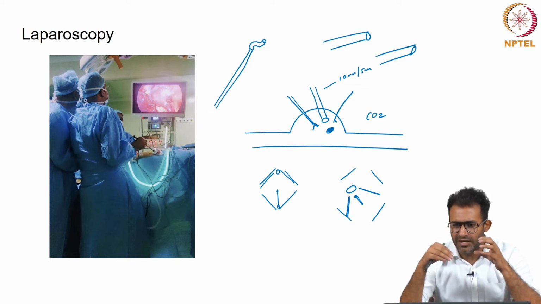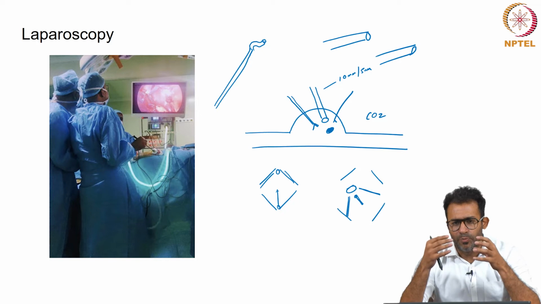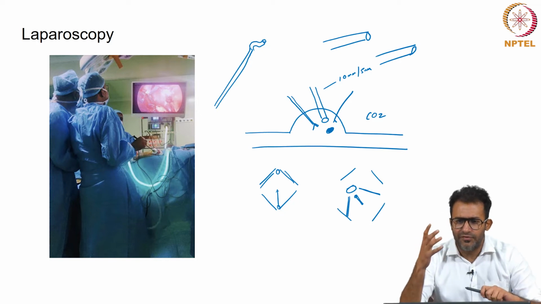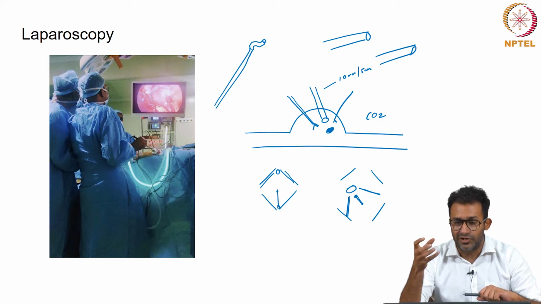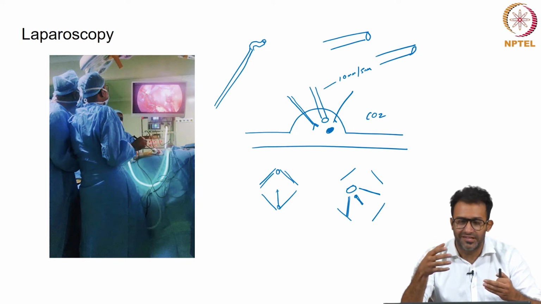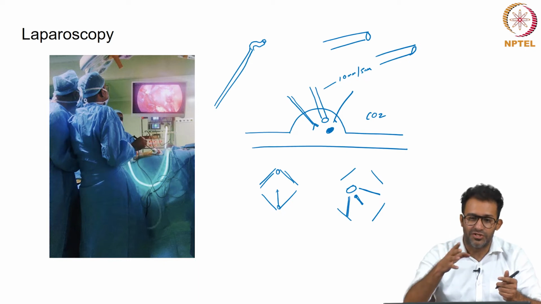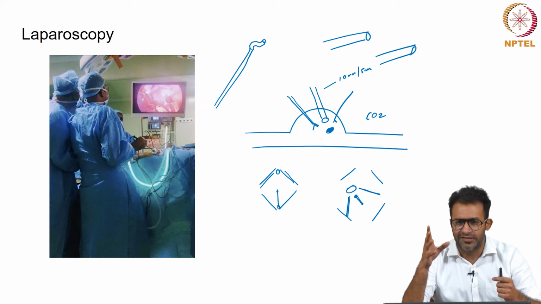We are able to come as close to open surgery as possible, along with the advantages of open surgery such as tactile sensation. So a lot of effort is devoted to understanding the structure of organs. Are we touching the right organ? Are we cutting the right organ? That is an area of research in which my team is also closely involved with IIT Madras, trying to implement scoring systems in laparoscopy and endoscopy, where we try to assess surgical performance. We try to assess whether the surgeon has correctly executed a set of steps which lead to safer surgery. So the ultimate beneficiary in all these experiments is the patient,